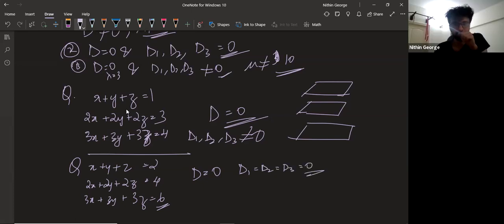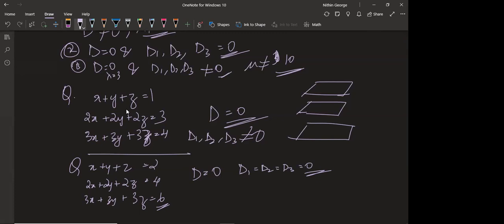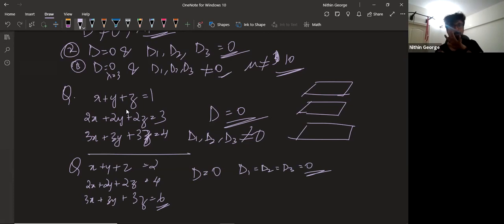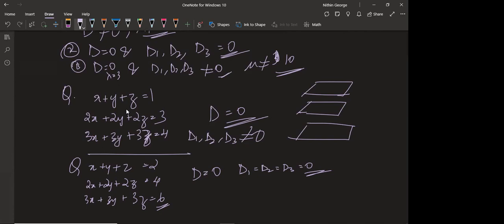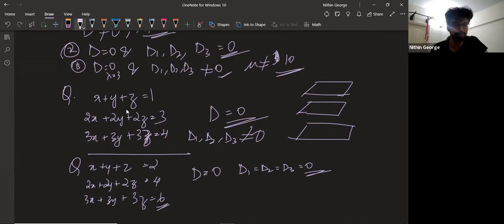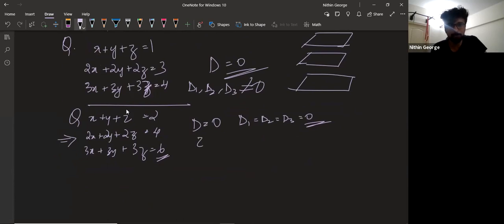What are you expecting? Coincident. It's coincident, but there can be an infinite case where there are solutions, or there can be no solution as well. Tell me. No solution, sir. So, which case is it? They're all basically other versions of x plus y plus z equal to 2, right? You should get infinite solutions. That's the idea. So, to prove this, I'll put z equal to t.